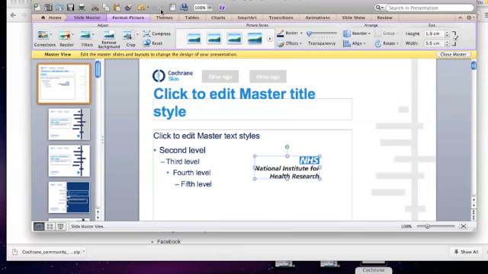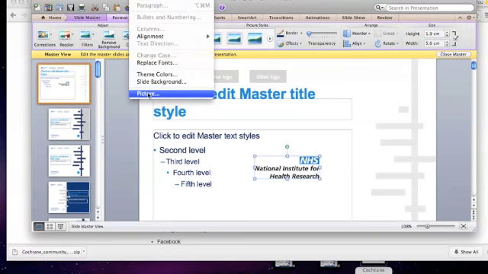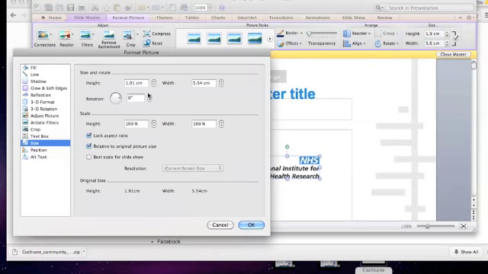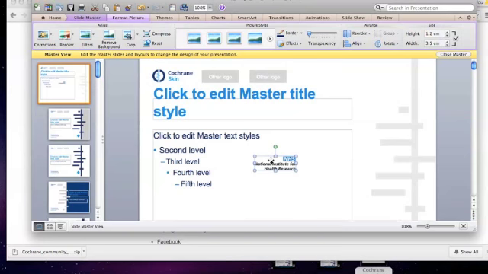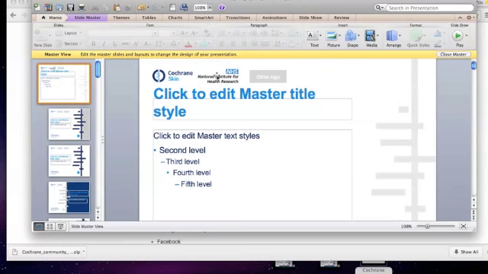To do that, same thing. I click Format and click Picture. Make sure that the lock aspect ratio box is ticked, and I want to make sure that my width is only 3.5 centimeters. There you go. Drag that and align it into the box. Here you'll see that once you've done that,